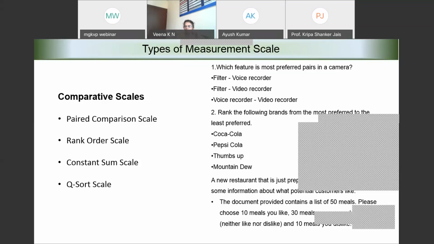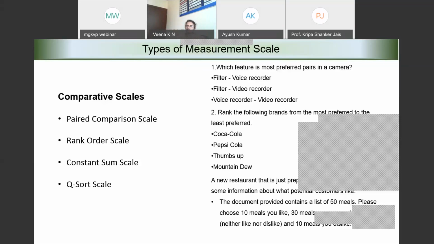When I say moderately preferred, if I'm taking the top 3 and the bottom 3 out of 15, I'm left with 9. These 9 will be moderately preferred. Within those moderately preferred, if I want to make it a more intriguing type of analysis, I might give them an option: among those 9, which could be the most preferred or the least preferred.